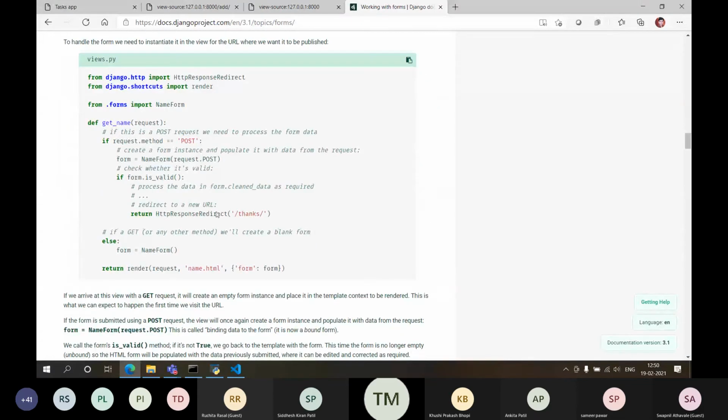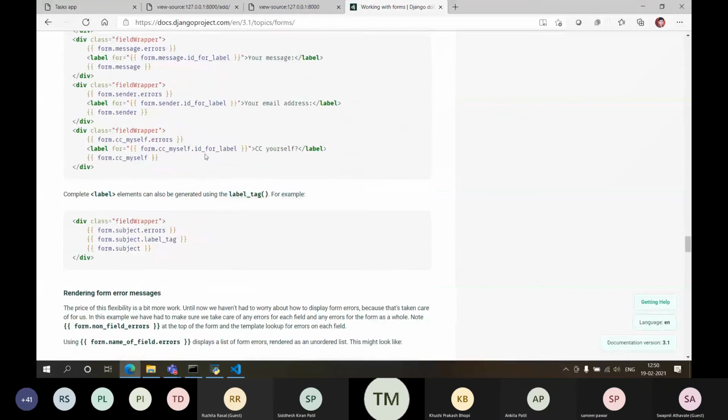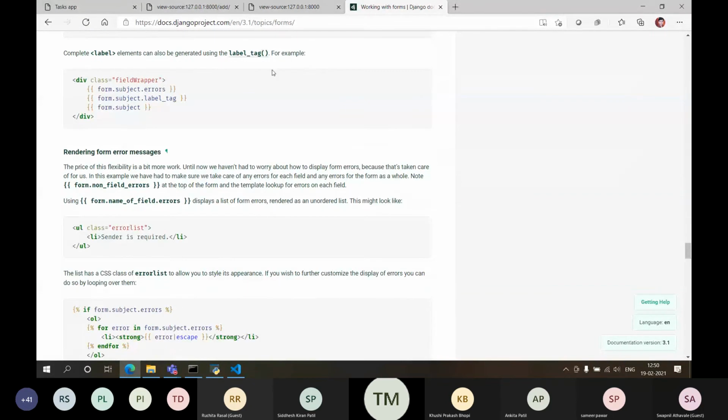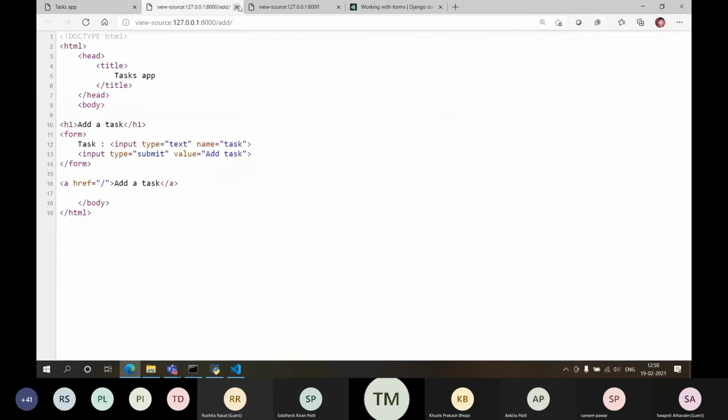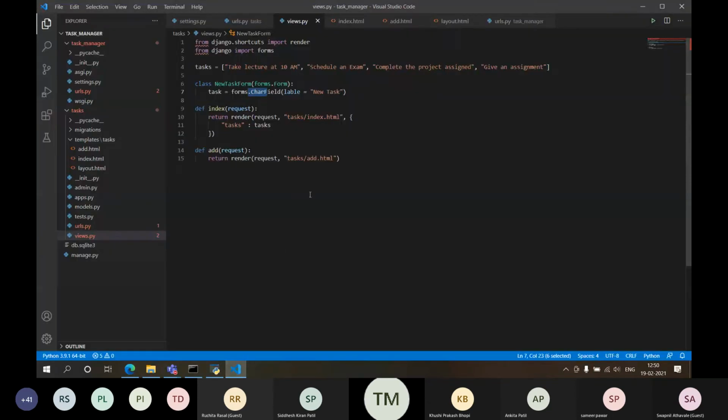See, this is what I was writing: request.method is equal to POST, and if the form is valid, this is what we are going to do. Now let's code this.